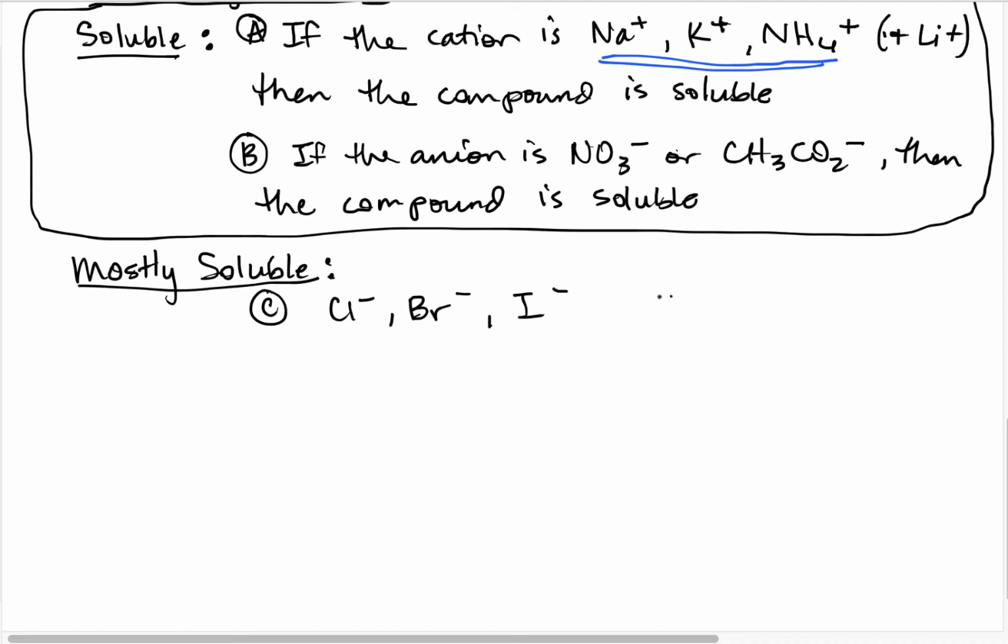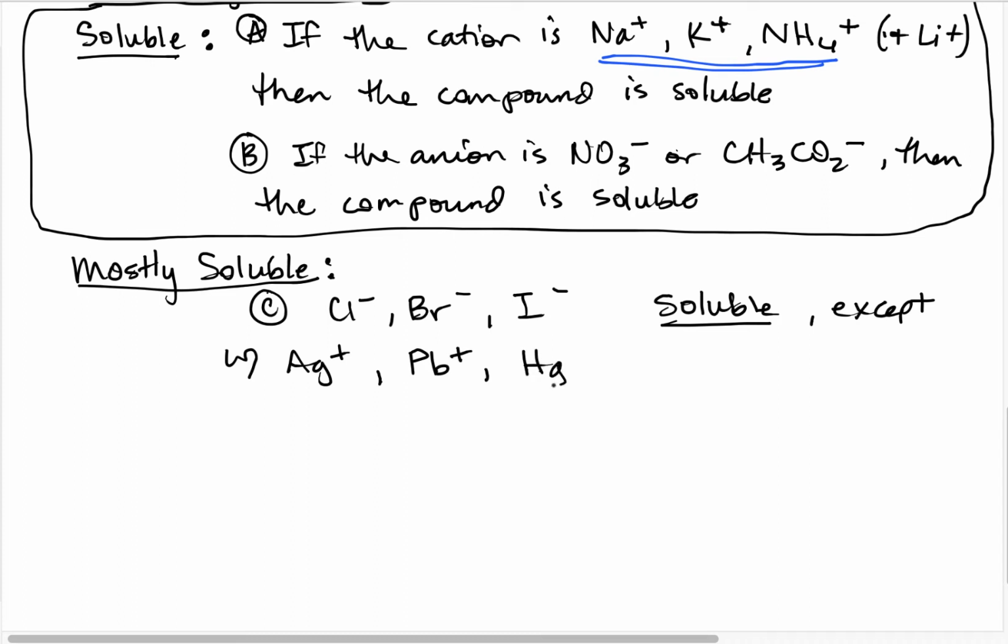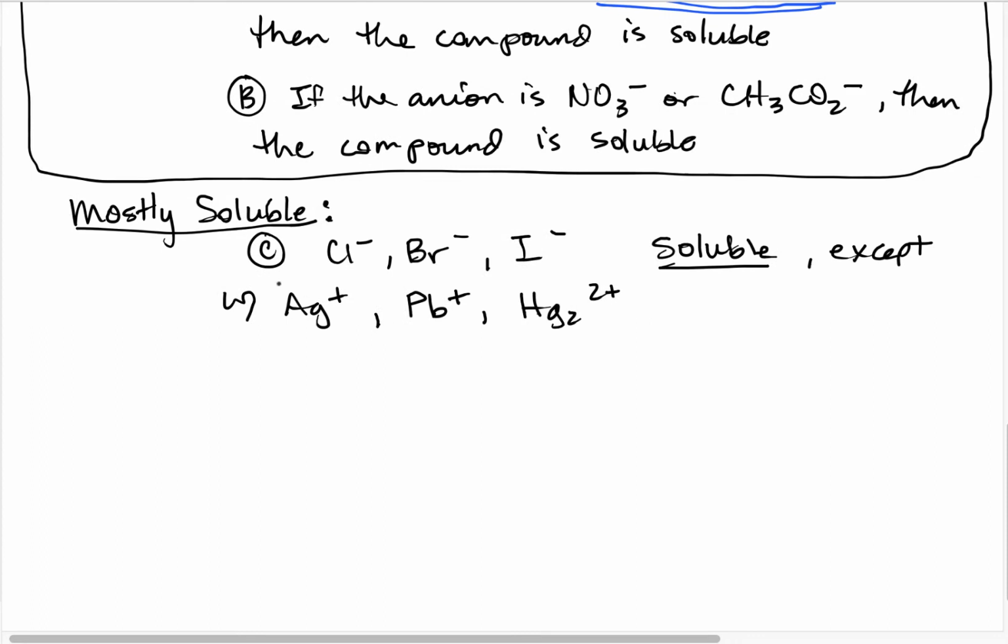So this is always soluble except with silver ion, lead plus 1, and Hg2 2+. So we have a halide group for solubility. And then we've got sulfate, which is soluble